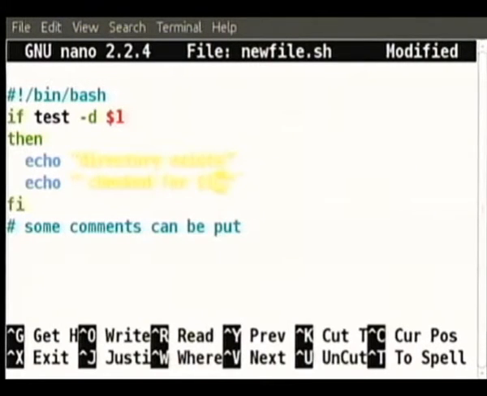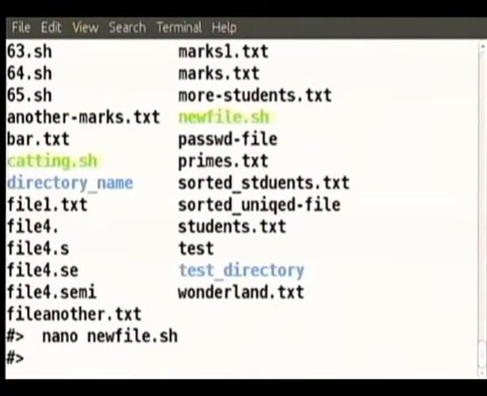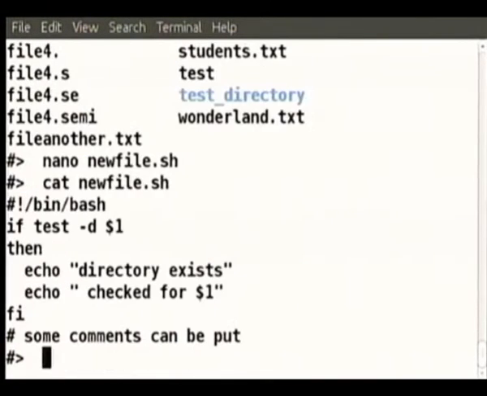I understand all these colors are not visible. I can change that. So cat new file. Now whatever directory's existence is required to be checked, that will be provided from the command line.